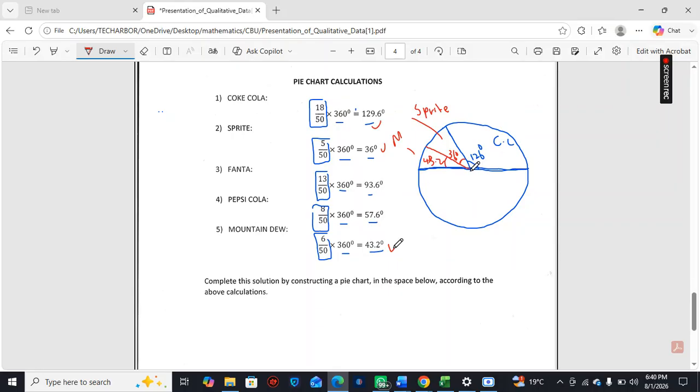This one 93.6, so 93. A 90 degrees angle is straight, so it will be a bit curved like this. 93 degrees. And then here 57.6. So this is just a rough estimation of how your pie chart is going to look. And when we have a chance to meet physically, I will show you how to construct